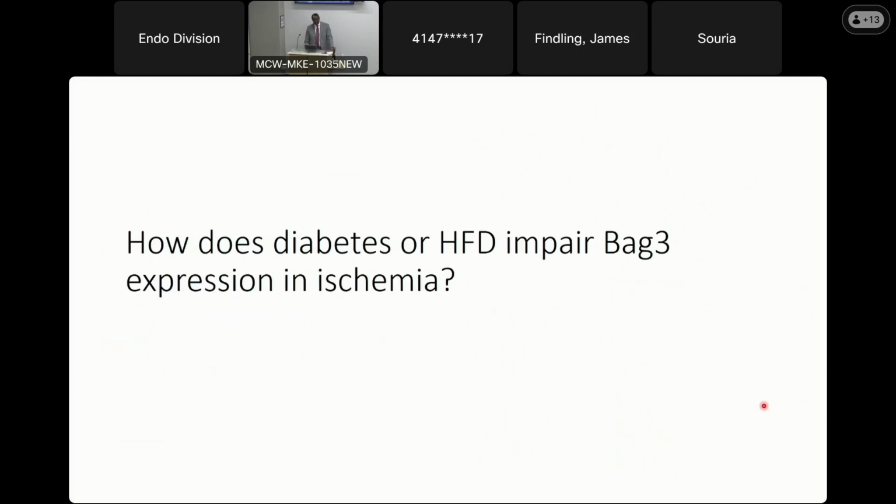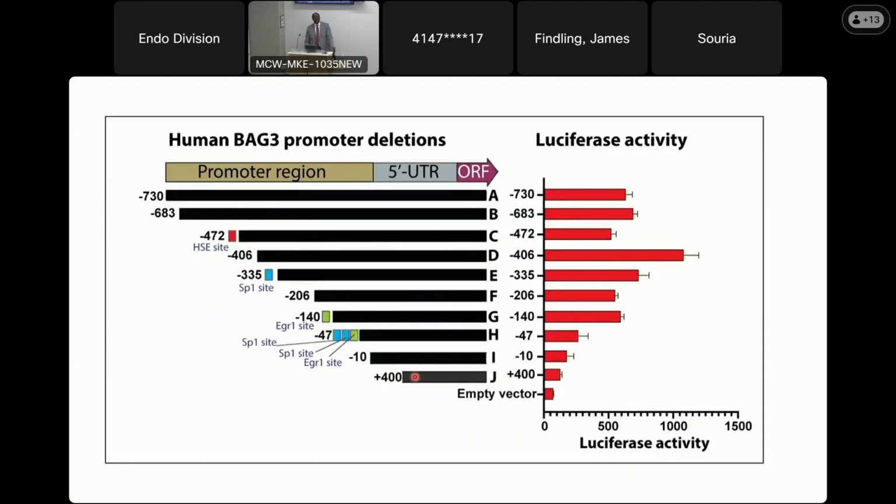So how does diabetes or high-fat diet impair BAG3 expression in ischemia? That's one of the key questions we've been trying to answer, because we see impaired BAG3 expression. To do that, we first had to have an understanding of how BAG3 expression gets upregulated in ischemia to begin with. And so what we've done here is a classic promoter bashing, where we're taking the promoter segments of the BAG3 promoter, constructing it, putting it in front of a reporter, in this case luciferase, and then we made smaller pieces of that promoter, and then you transfect this and look for